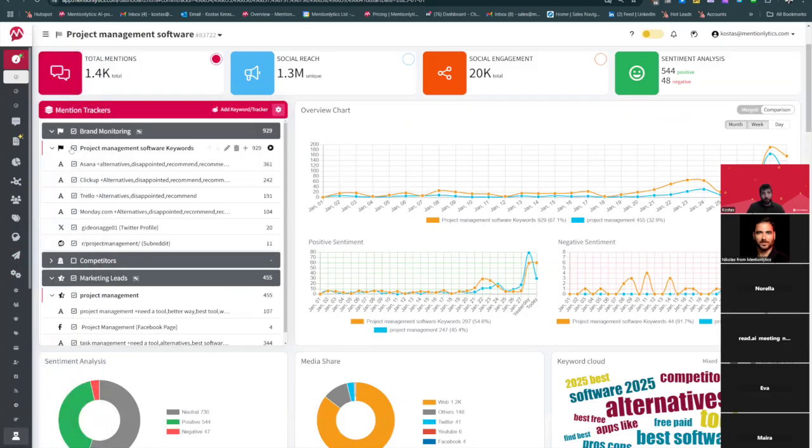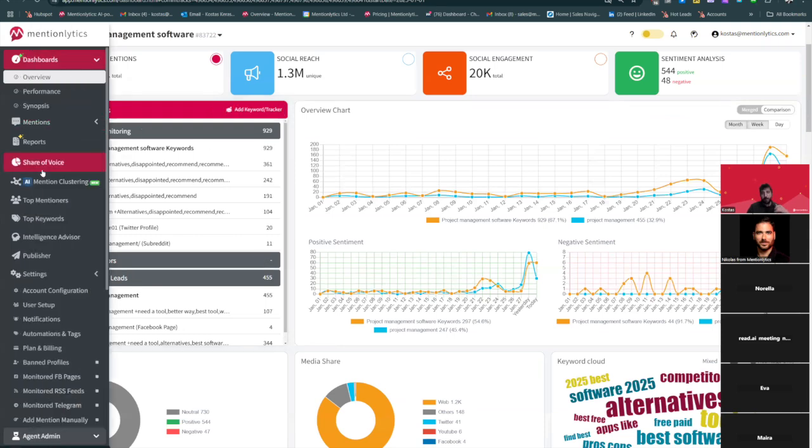If you put this under the competitors tab, which I have empty now for simplicity, and I put my own brand in brand monitoring and all these companies, Asana, ClickUp, Trello, Monday.com, in the competitors, what I can do is get some analytics and visualizations based on that.